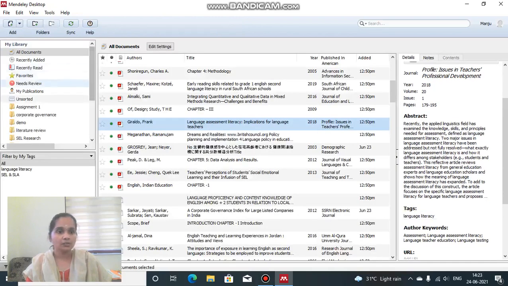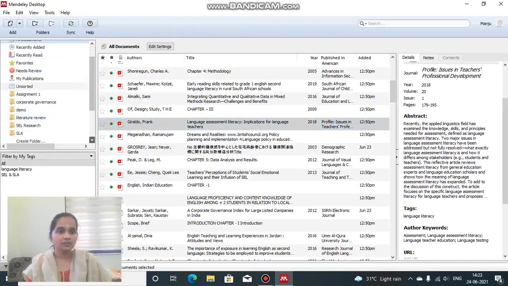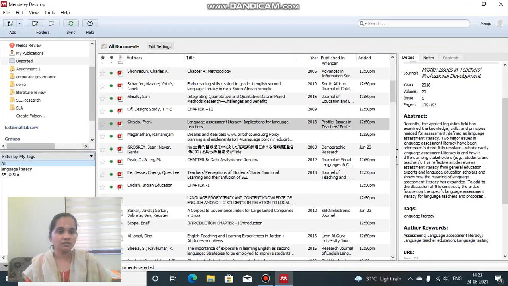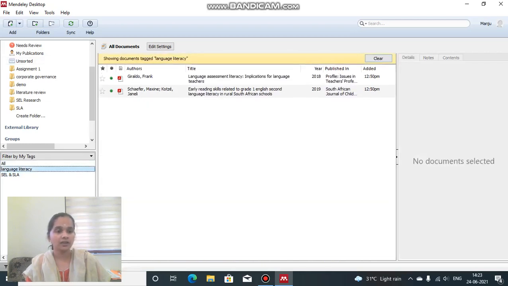Now how it helps you is that you can see here down there is a feature, filter by my tags. Here I have created tags already on SEL and SLA, that is social emotional learning and second language acquisition, and now I have also created a tag on language literacy.